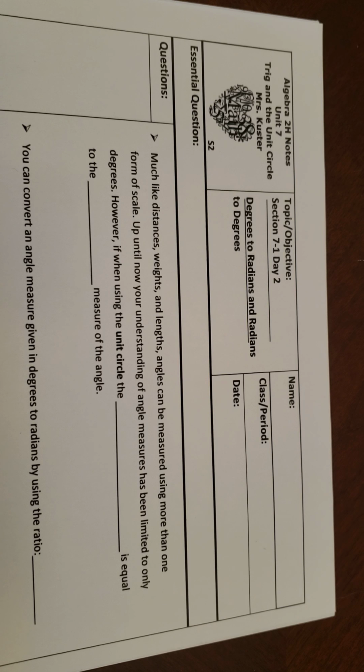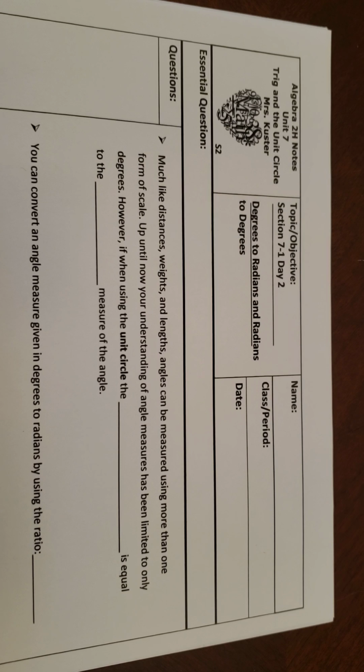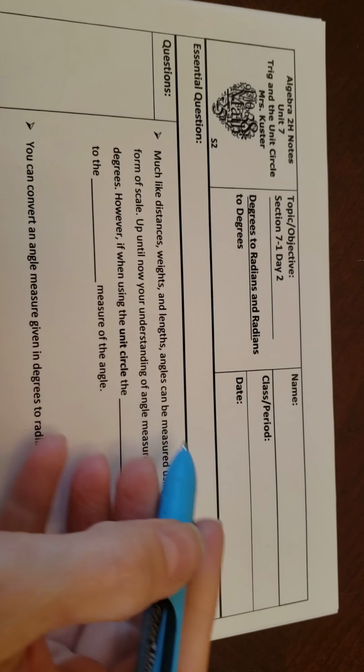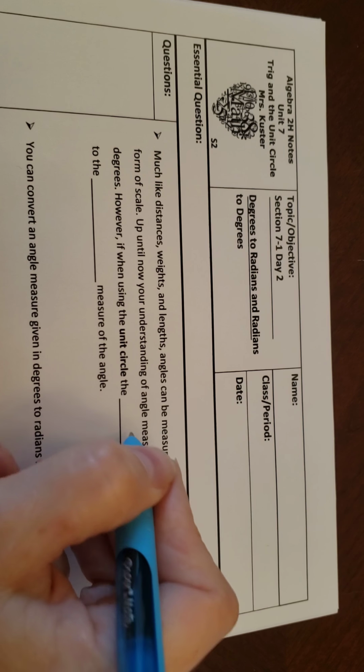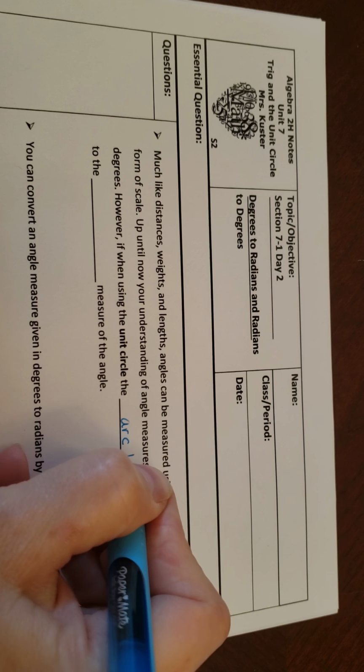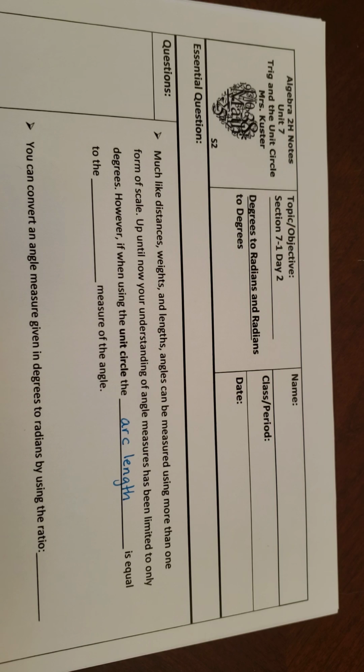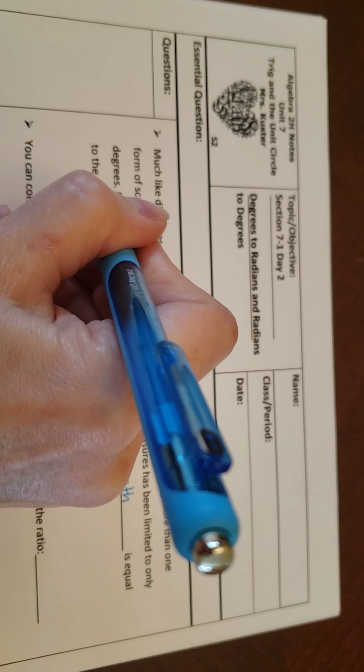Today we're going to finish up section 7.1 with the second day. So far we've really only used degrees as a unit of measure for circles. Today though we are going to use something called radians. So when using the unit circle, the arc length is equal to the radian measure